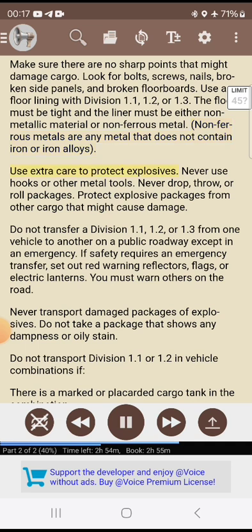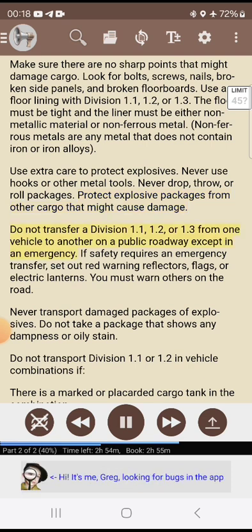Use extra care to protect explosives. Never use hooks or other metal tools. Never drop, throw, or roll packages. Protect explosive packages from other cargo that might cause damage. Do not transfer a Division 1.1, 1.2, or 1.3 from one vehicle to another on a public roadway